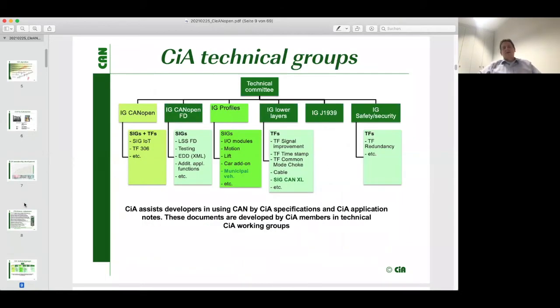So here you see a small summarization of our current working groups, which are currently active at the CAN in Automation office. Chaired by a kind of steering committee, the technical committee, we have now several interest groups maintaining the classical CANopen, then the new CANopen FD one, looking at how network management, node ID assignment, device description, all these things work now in an enhanced CANopen environment, the so-called CANopen FD environment. And as we support at CAN in Automation now not only CANopen, but also CANopen FD, or sometimes even some